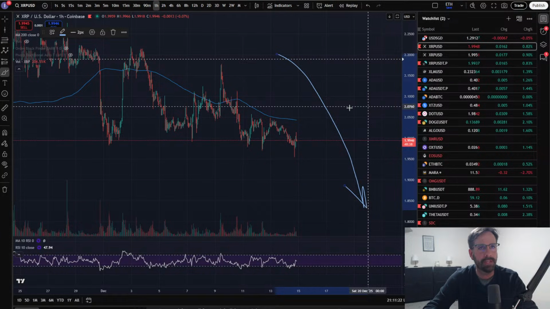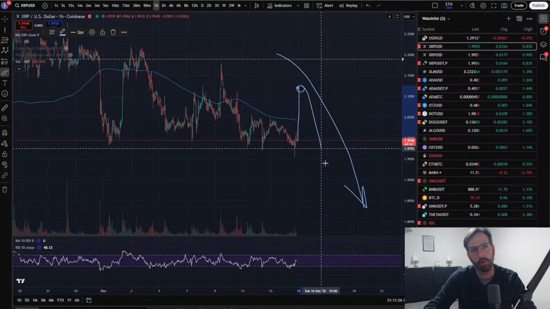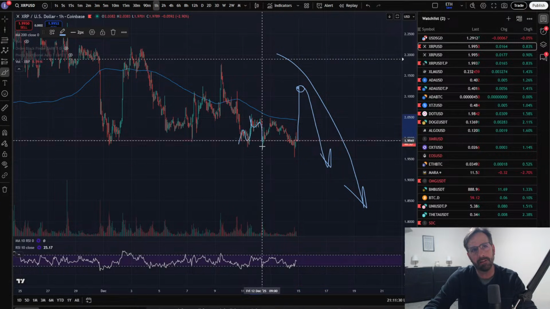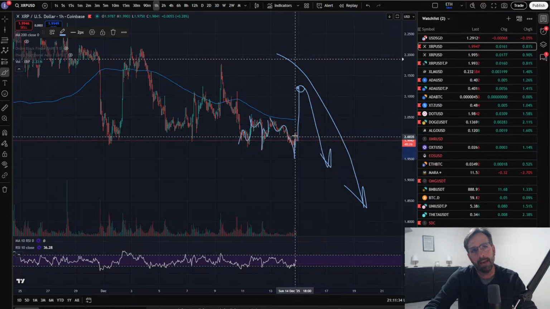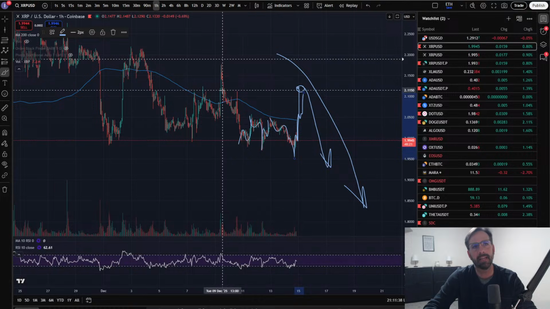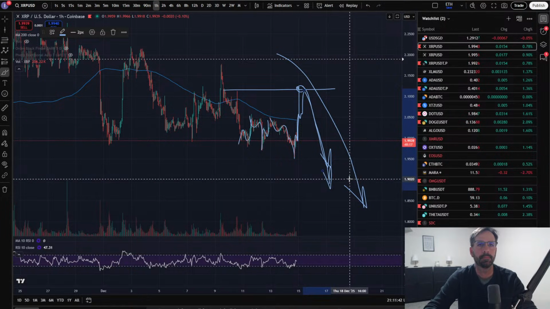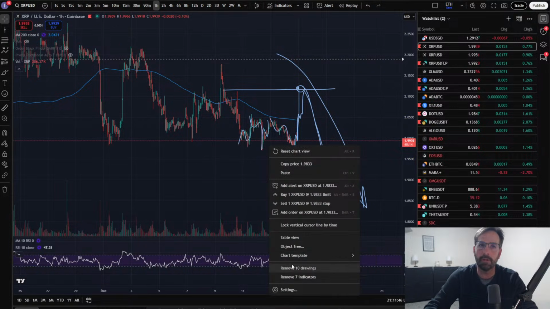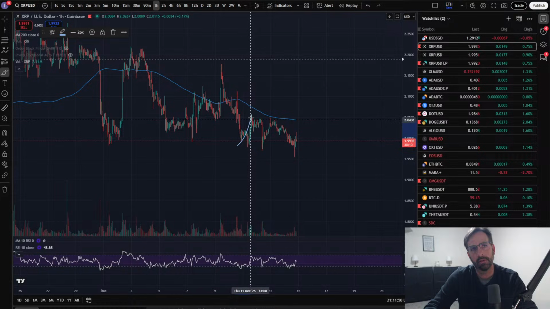But how it goes down: do we get another pop to the high here first before it rolls over and comes down? I think that's likely, because this looks like a flat. That looks like 3. That looks like 3. This looks like 5. Now I'd like to see this come up in 5, take this level right there, and then roll over and come down. That's my best guess. Whether that happens or not is another story, because we could get a running flat here.